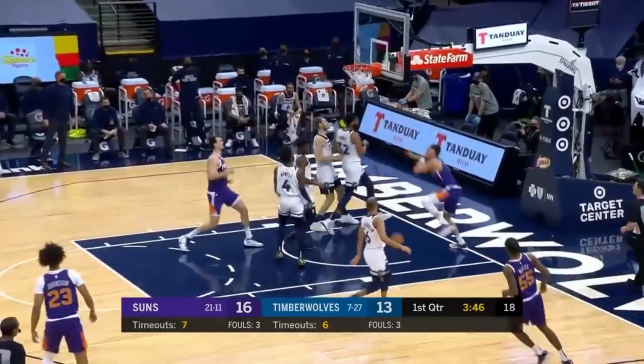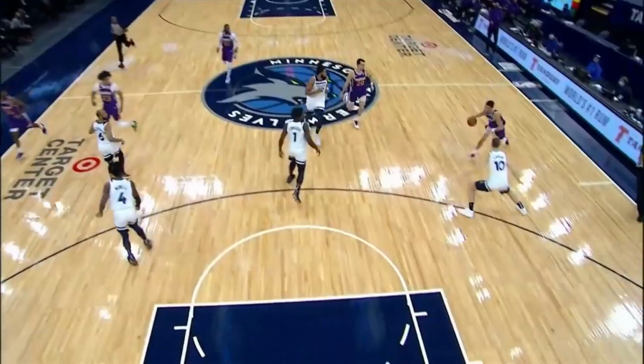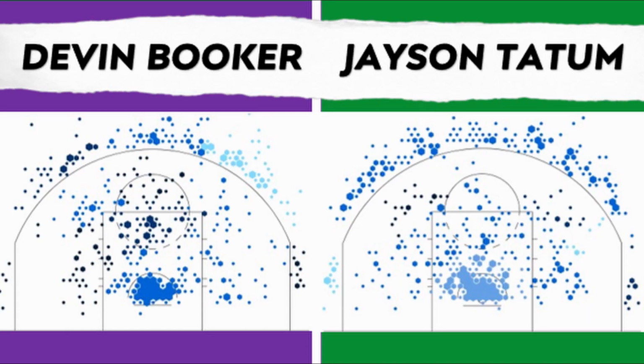Moving on to offense. In my last video I broke offense down into 3 categories: scoring, playmaking and clutch. Let's start with scoring. For scoring, I look at how well each player can score at all 3 levels: the 3-pointer, the mid-range and at the basket. Looking at each player's shot chart, you can see that they're very similar with shot selection and they are both